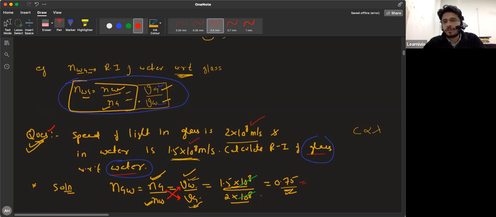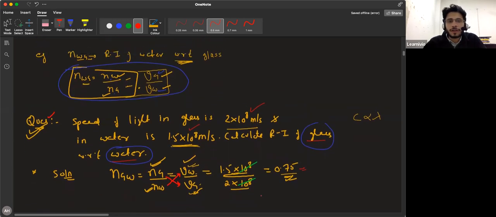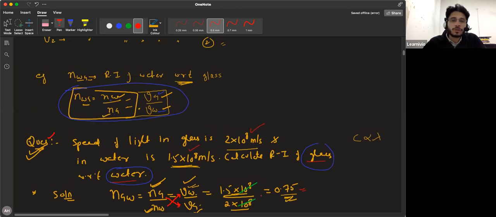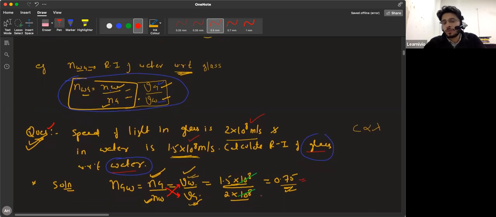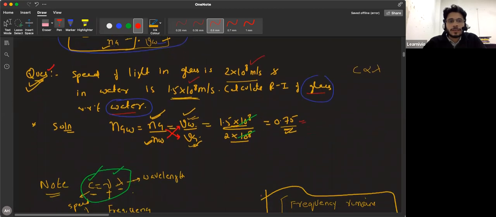Okay, so this is relative refractive index. Through this relative refractive index, you can also relate the wavelengths if you want. If you know the wavelength in air, then you can relate the wavelength in water or any other medium. Okay. The next is,